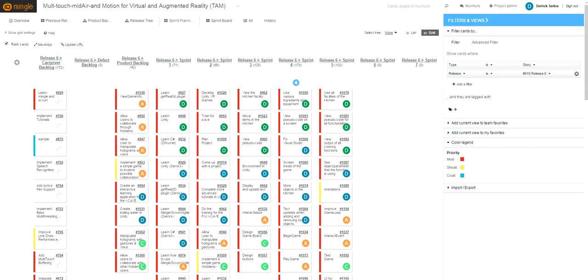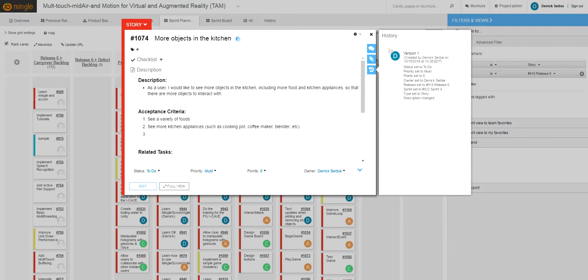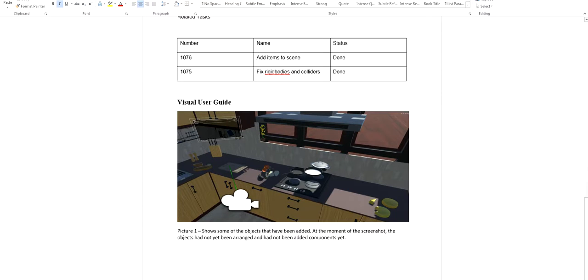My next user story was adding more objects into the kitchen. Objects that included food and kitchen appliances so that the user will feel as if he was inside a real kitchen. We're able to add some more food items. These are the stove objects, and there's also